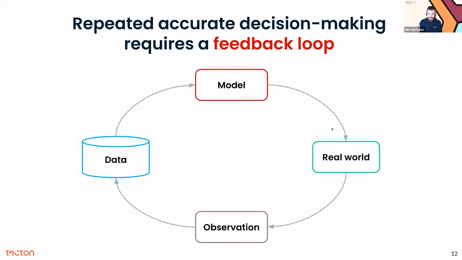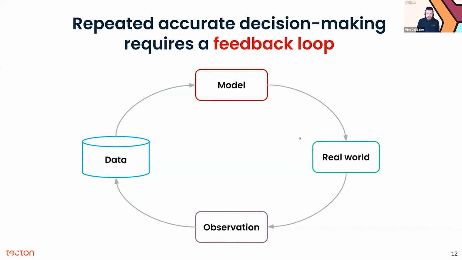As a quick example, imagine you're a career basketball player. You don't care just about your performance in one game, you're optimizing for, can I get better and better and be a more valuable basketball player over time? Well, you play one game, you make some shots, you miss some shots. After the game, you go and study the performance in the game. You're watching the tapes, you're combining that with all of your other knowledge, you're learning, practicing, and then you're playing your next game and you're getting better and better. So these great decisions that are repeated require this kind of feedback loop.